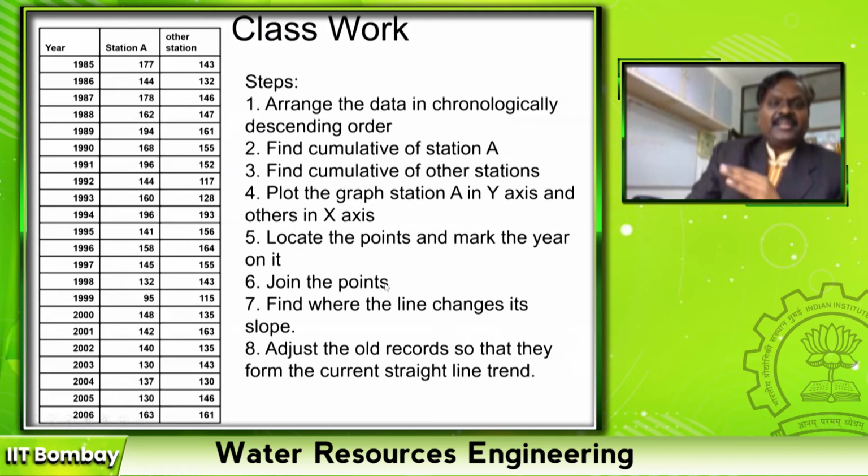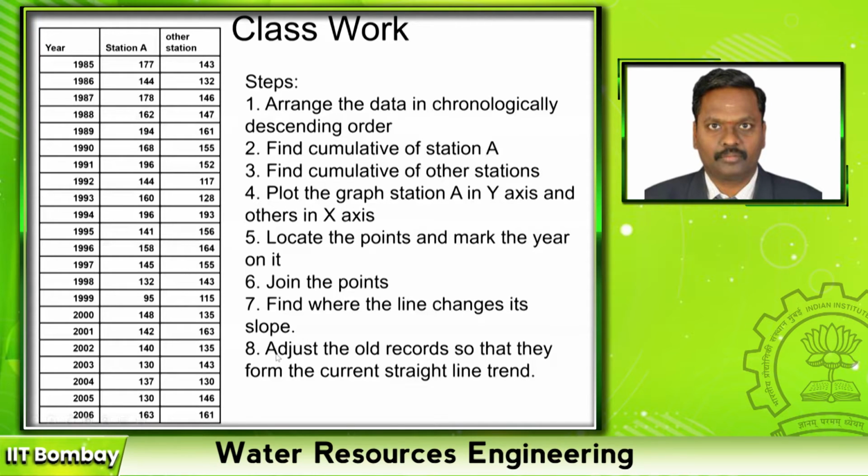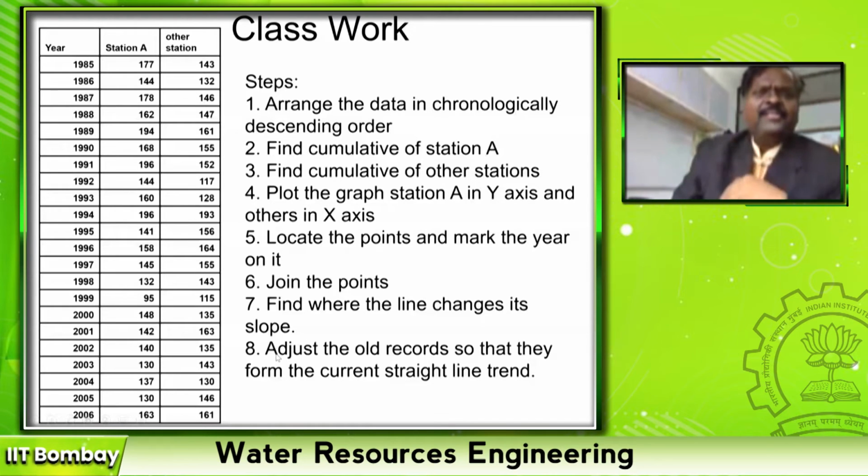Let us assume that there are rain gauges. I want the board, right? So I have 5 rain gauges here: 1, 2, 3, 4, 5. Now I want to check the consistency of one particular station, station 1, with all other 4 stations. So I assume that the data is continuous. Then I follow this simple methodology. So now this is the step.